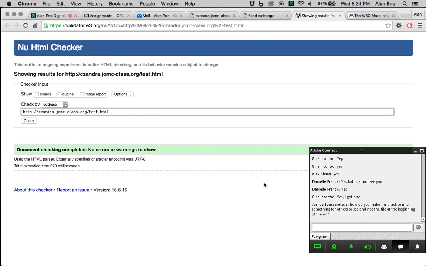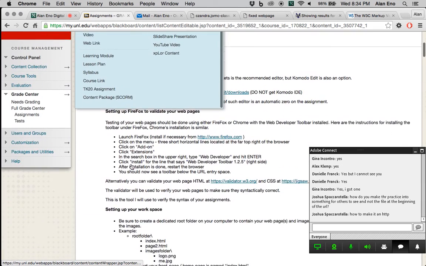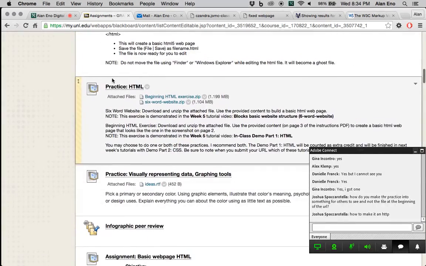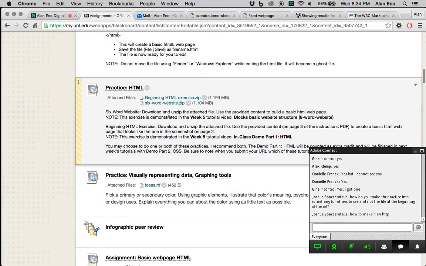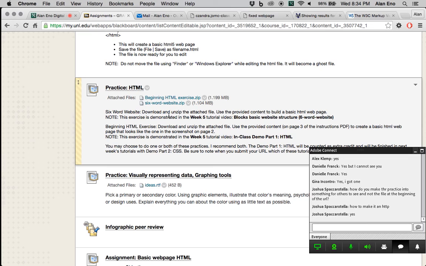So how do you make the practice into something for others to see and not the file at the beginning of the URL? You mean this practice HTML one? Is that what you're talking about? Okay, so you have